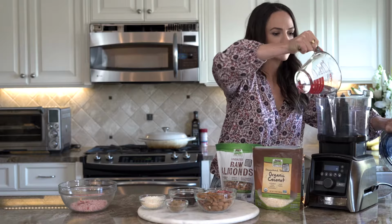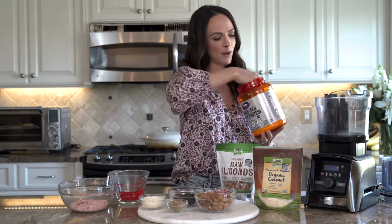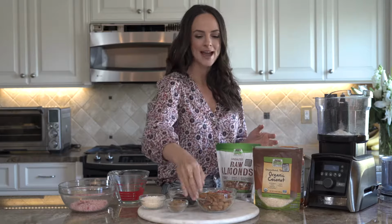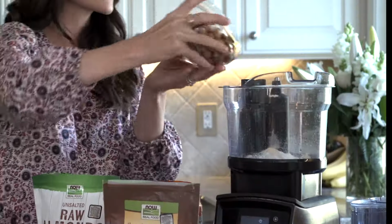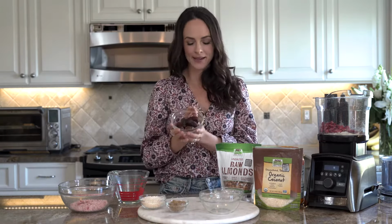First and foremost, you need a 1/2 cup of hot water in your food processor. Then we're gonna work our way through protein, fat, fiber. First is protein. I'm using a scoop of grass-fed vanilla whey protein. It's gonna offer up 19 grams of protein. Next, we're adding 1.5 cups of almonds, a 1/2 cup of dehydrated strawberries, and a 1/2 cup of Medjool dates. These are pitted, and because of the warm water, it's also gonna help incorporate the dates, soften them, break them